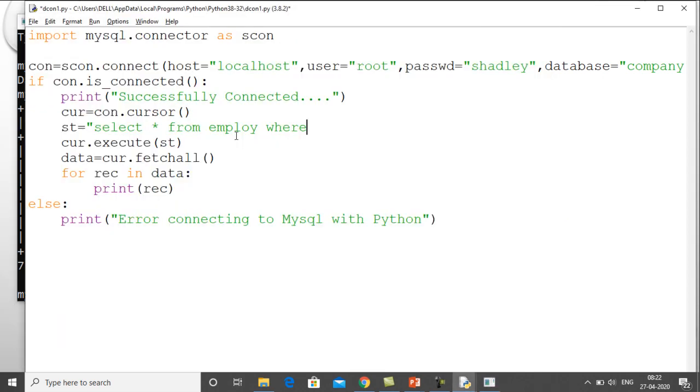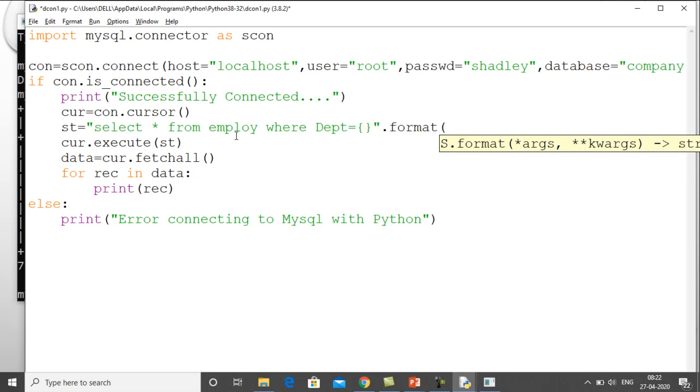So where DEPT is equal to, then I put the value placeholder, that is curly brackets, and that's all. Then, sorry, not a comma, I have to put a dot, because once the string template is over, then I will put a dot. Over here I have to put format, and within the brackets I have to put the arguments.